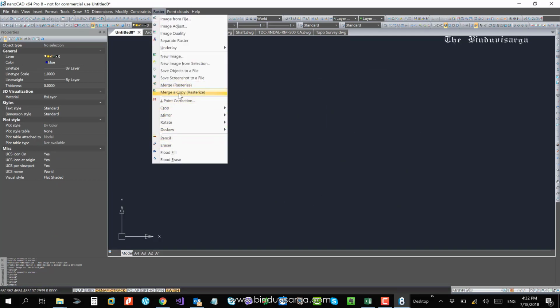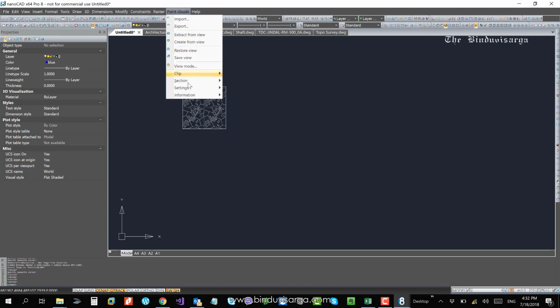The raster functions in nanoCAD. Going further is point clouds. Point clouds is something you take a picture of using a 3D camera. A 3D camera will always collect different points at different elevations. So when you bring all the points into one,